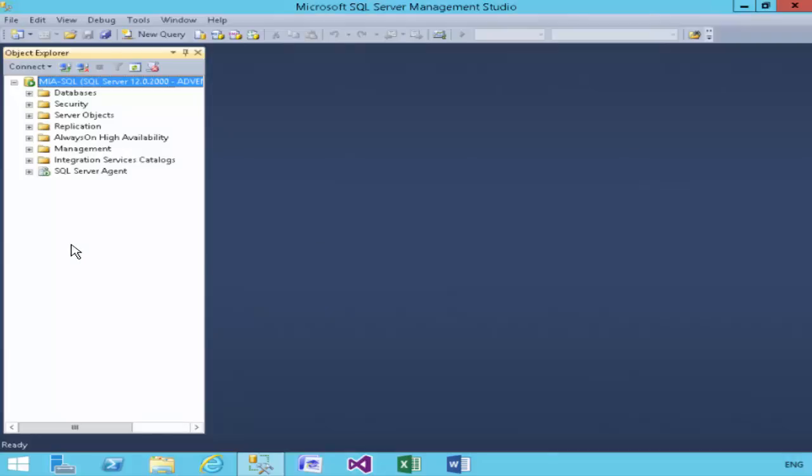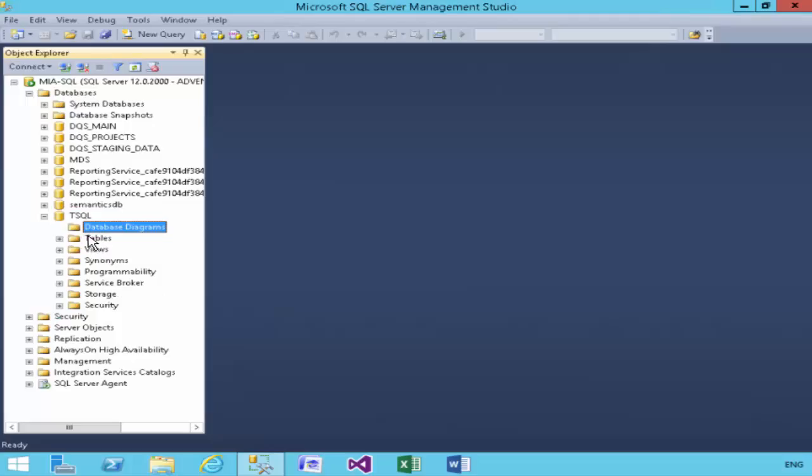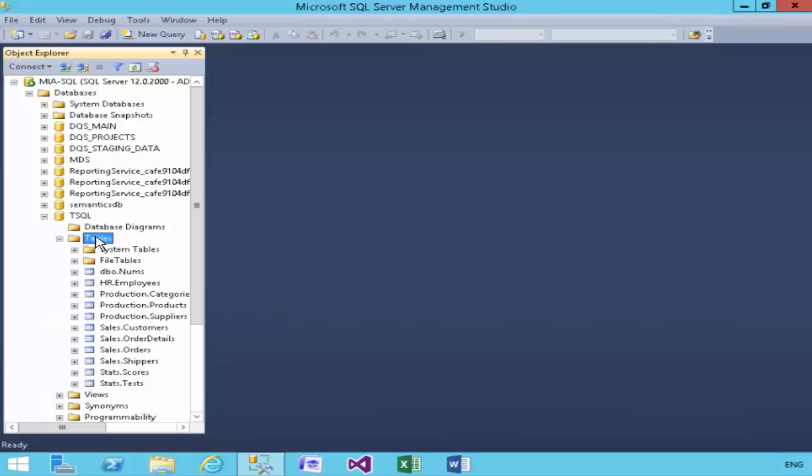Within the Databases section, you'll notice a number of databases, including a master, which is the default database. That contains the schema, but not the data we're going to use in this lab. We need to ensure that we're using the T-SQL database. And as you can see, it's populated with sales and product tables, and we'll refer to these as we go through the course.